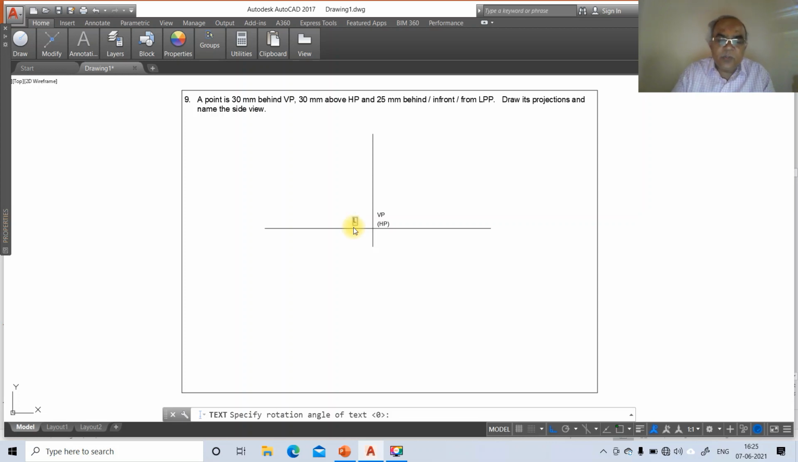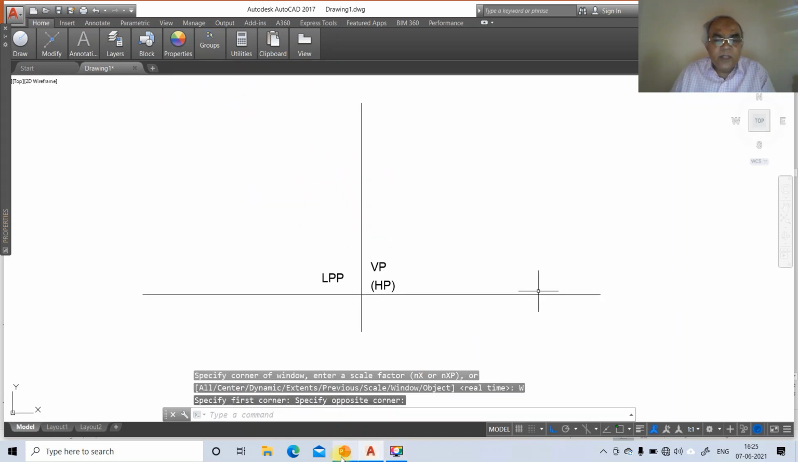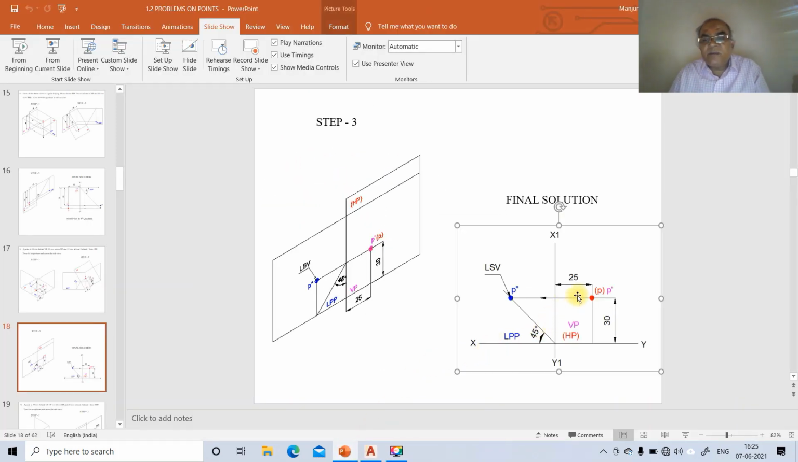Then go to LPP, then enter. Now first we are going to zoom in on this portion. Now we are going to come down to this. So first what we need to do is draw a parallel line to the right side at